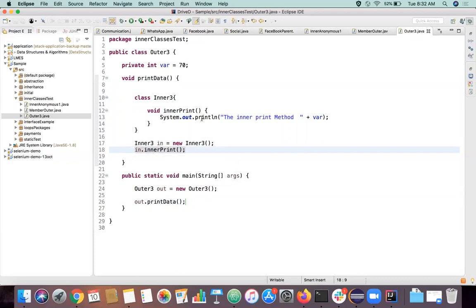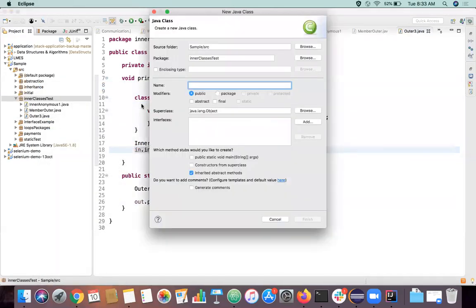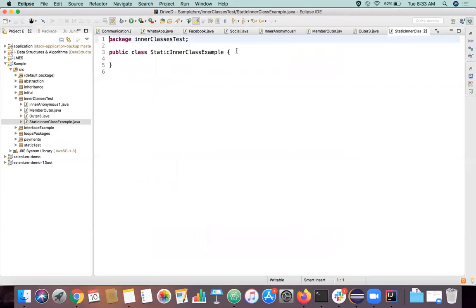And the final thing is static inner class. We already saw that example, right? So I have a class declared like this. Again, I have a static variable, static string my string.